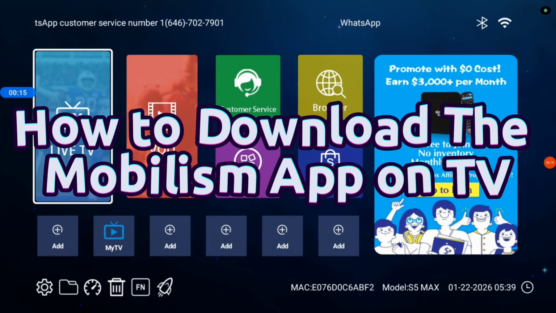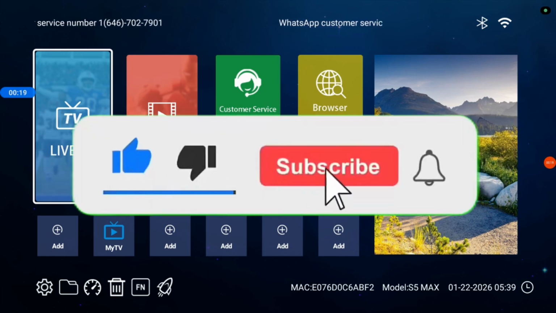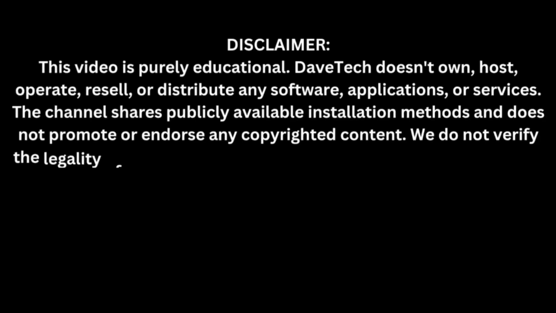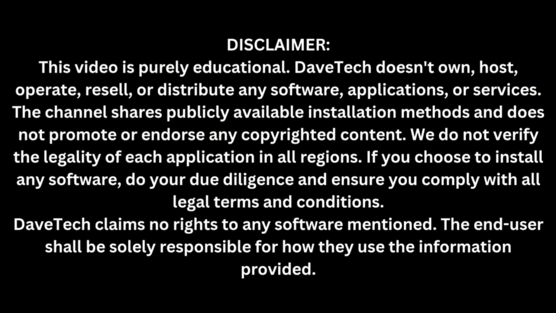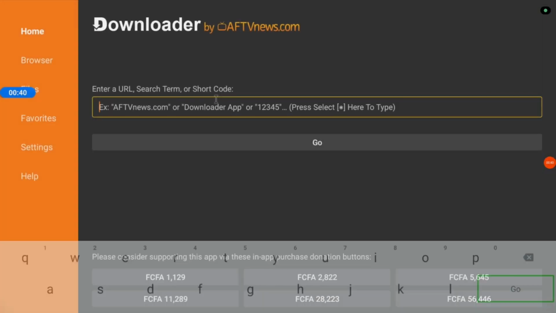So the method I'm about to show is going to work on any Android TV device, Android TV box or Google TV, and also any TV device that runs on an Android operating system. So what you've got to do on your Android TV is that you go over to your download application, and if you don't have the download application, check the description of this video. There is a link I've added that is going to guide you on installing downloader to your Android TV. So after installing downloader, what you've got to do is to launch it, and this is how it should look